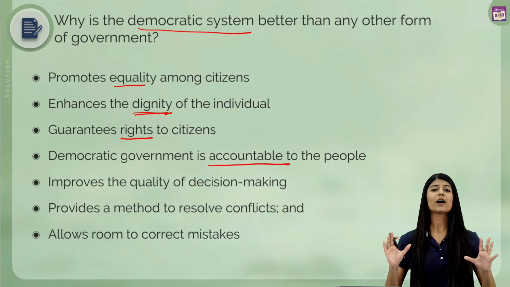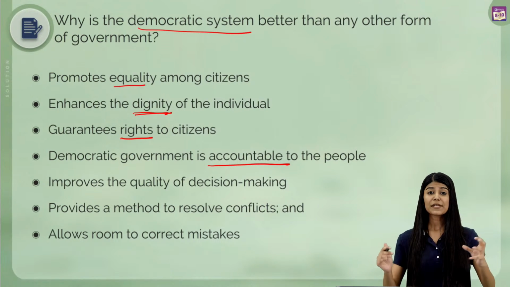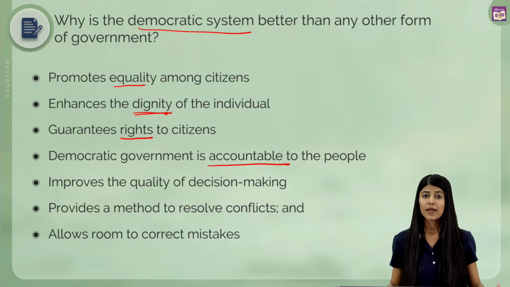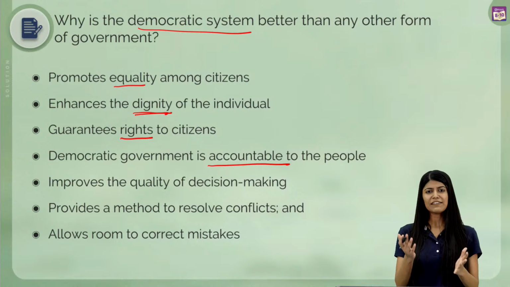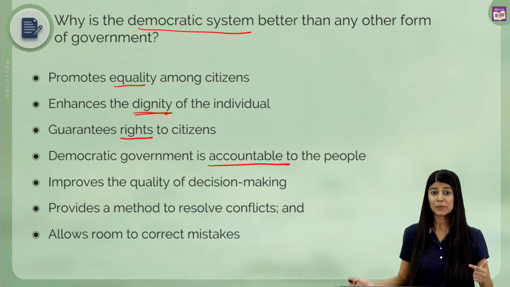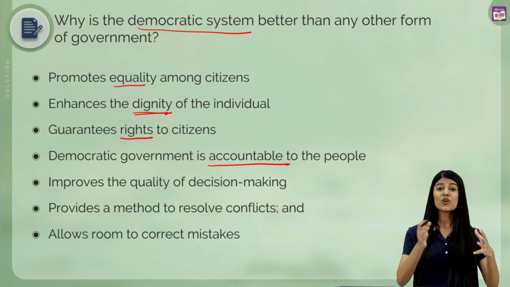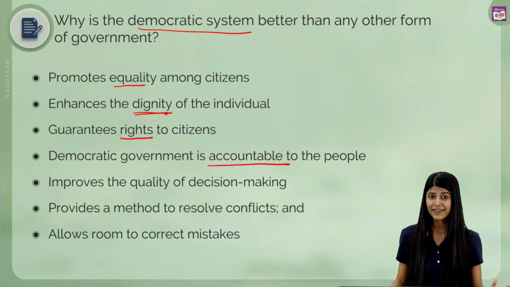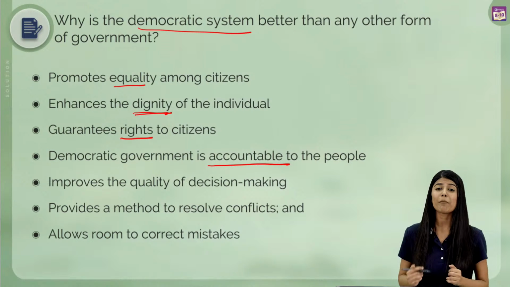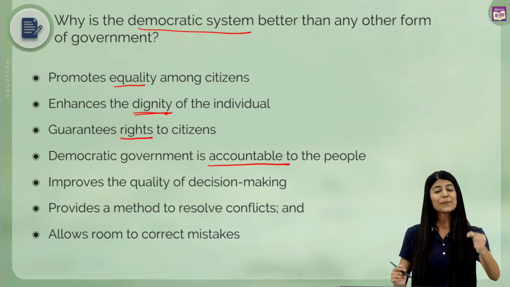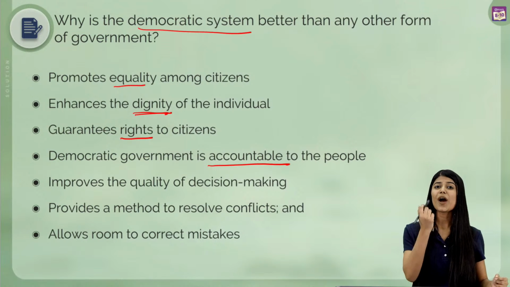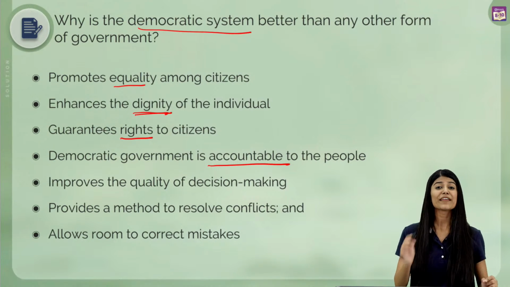Now, what do we mean by accountable, first of all? Say, for example, the government wants to build an airport in a particular area. But as citizens of the country, we might think: are they shifting the people who are living there to another place? Are they following the norms and procedures properly? Is it being done lawfully? There are certain questions that would come to our mind. And the people in a democratic system have the right to ask questions. They have the right to information.